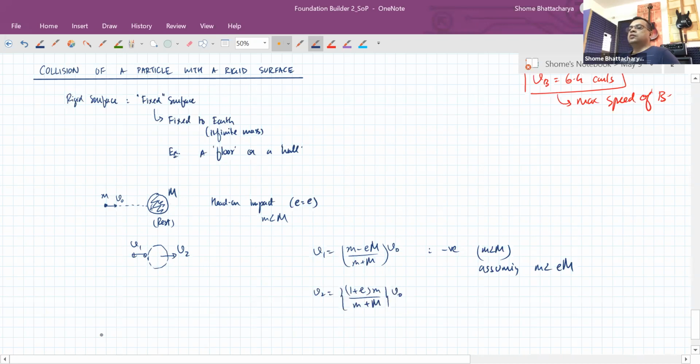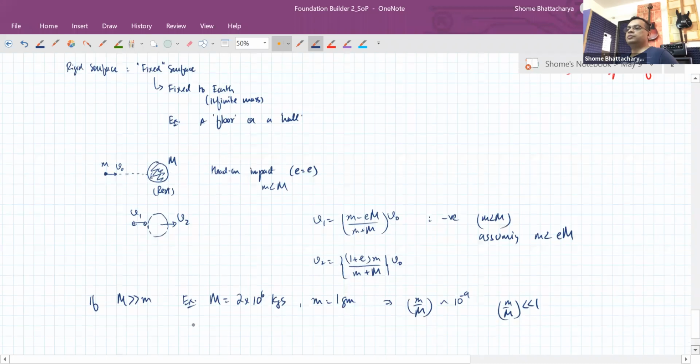Okay. Now in this, if we apply the limit that capital M is very large compared to small m. For example, capital M might be literally millions of kilos and small m might be a few grams. So you can see that in that case, m by capital M is of the order of magnitude of 10 raised to the power minus 9. So you can say that m by M is very small compared to 1. So in the above equations now, if we apply that limit,